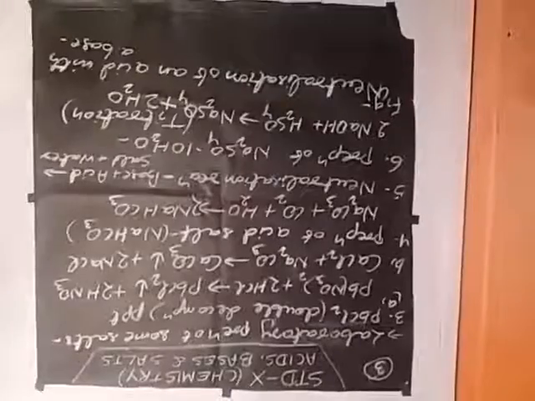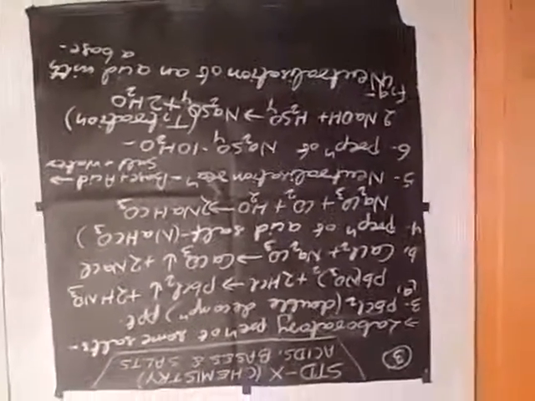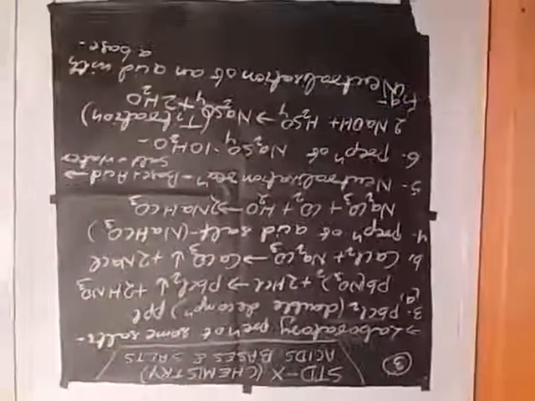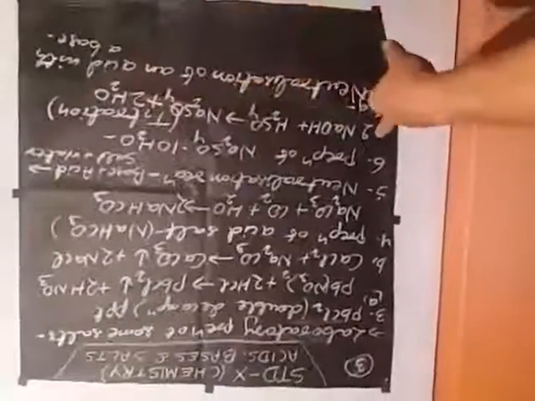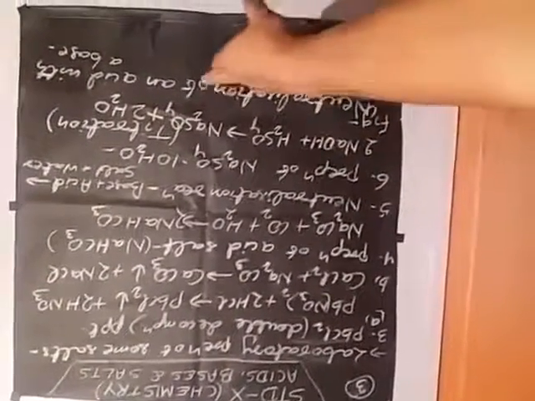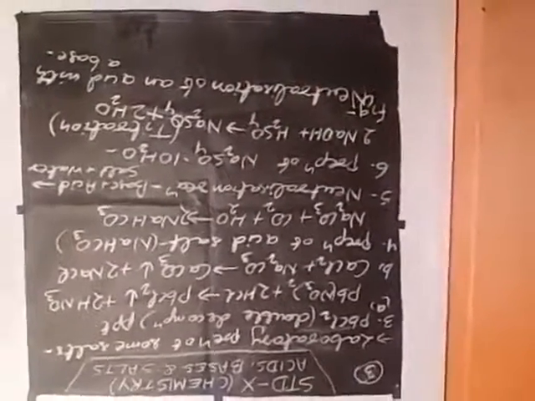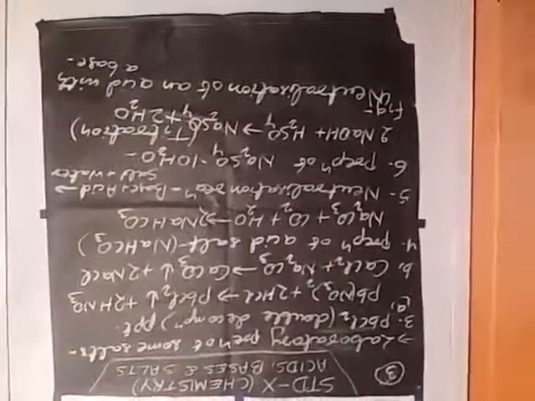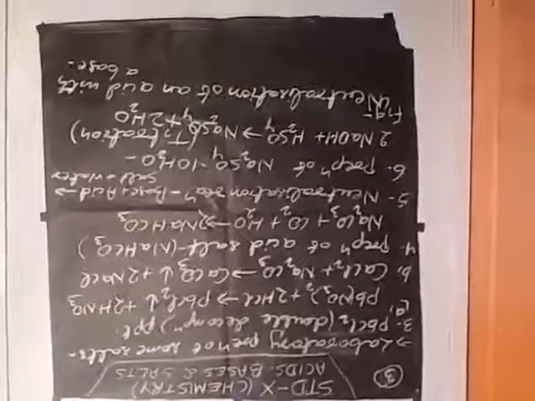Then neutralization reaction: base with acid forms salt and water. Then number 6, preparation of sodium sulfate dot 10 water, that is the titration method. Neutralization of an acid with a base: sodium hydroxide added with sulfuric acid forms sodium sulfate and water. In the titration method, you have to take the base in a conical flask, then add some